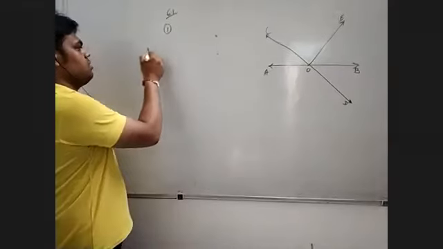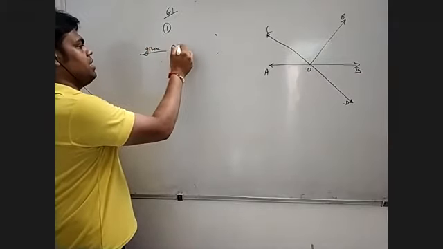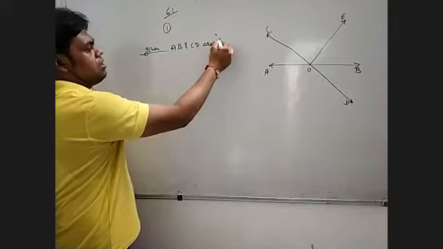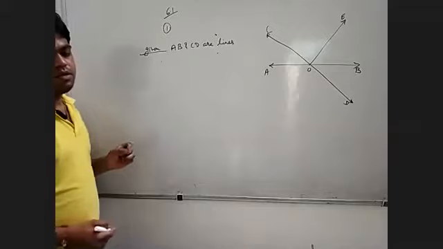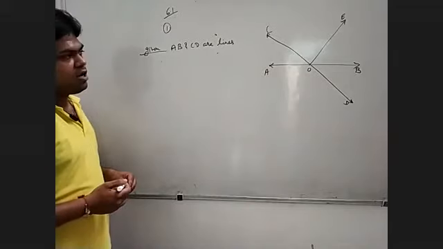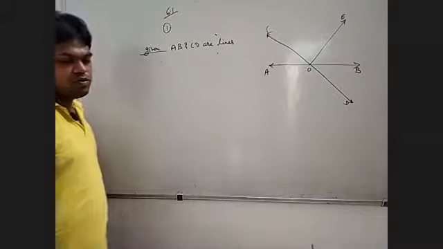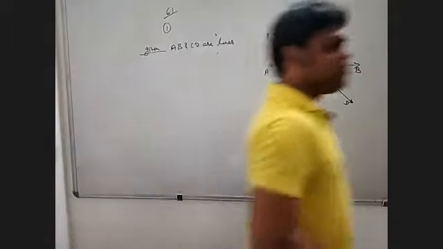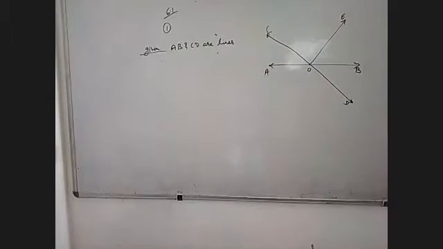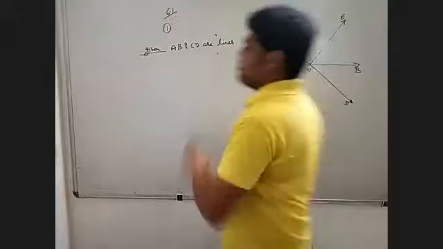Given part. What is the given condition here? Again, AB and CD are lines. If it is not given as lines, then we can't put here the straight line property, that is 180 degree angles. We can't use the 180 degree angle property here if it is not a straight line. If it is not a straight line, then we can't use the property of 1 plus 2 plus 3 or straight line property equals to 180 degree. We can't use this. So for using this, we have to write here AB and CD are lines.